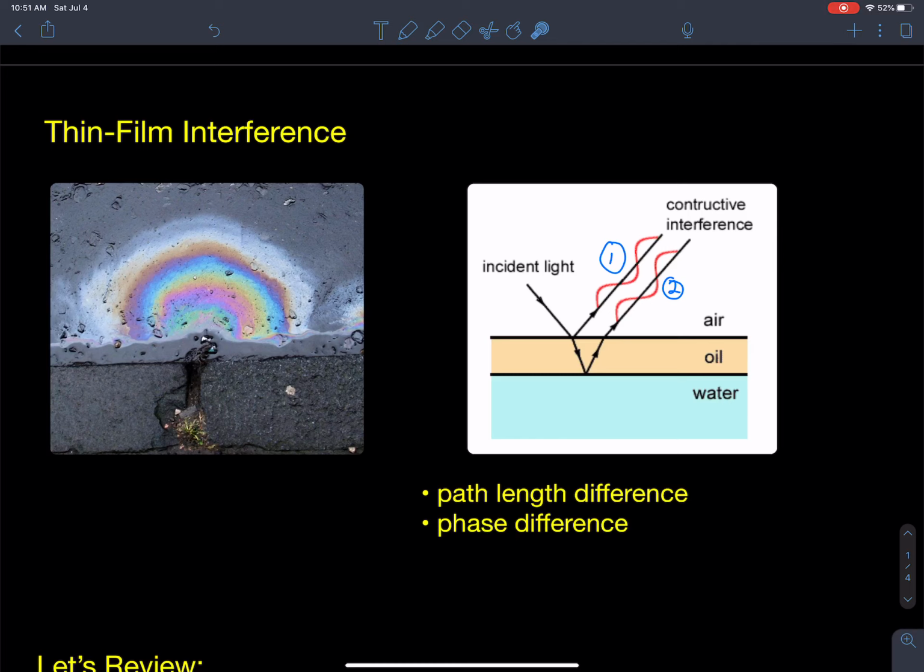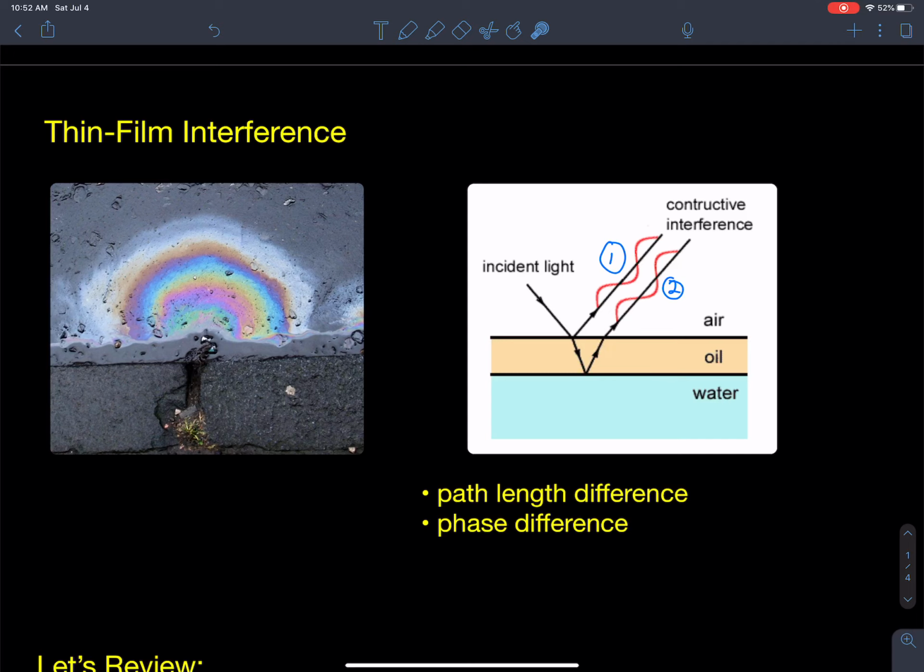But these sections here have very, very specific thicknesses that select only certain wavelengths of light that would match when they get reflected and when they get refracted and overlap. Only that thickness is going to match for that wavelength of light. A very important term to understand is that ray number 1 is my reflected ray. Ray number 2 refracts into that thin film medium and then reflects off the next boundary and comes back out